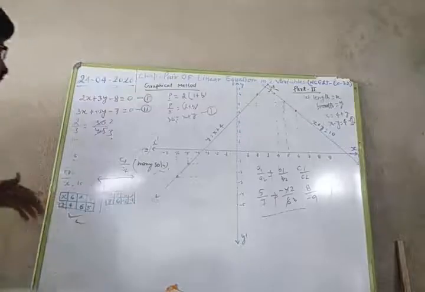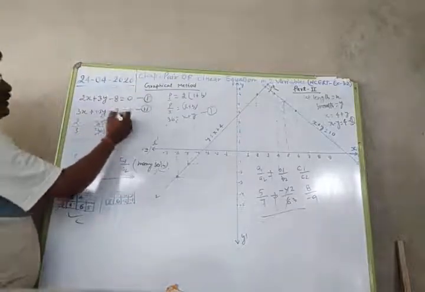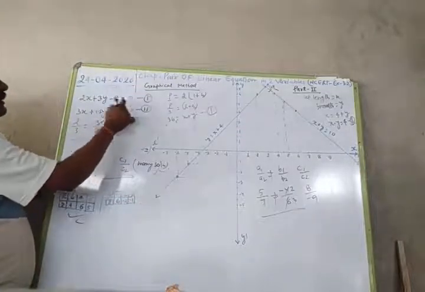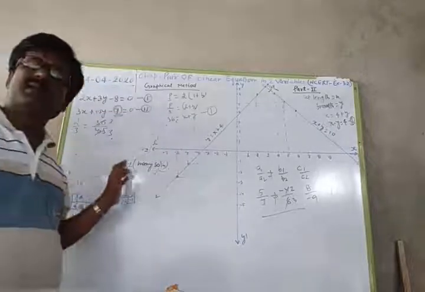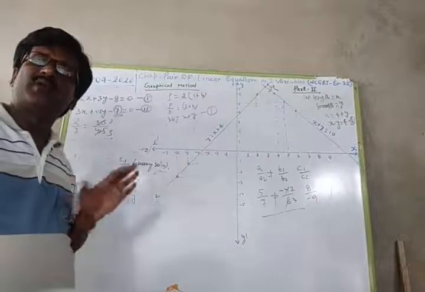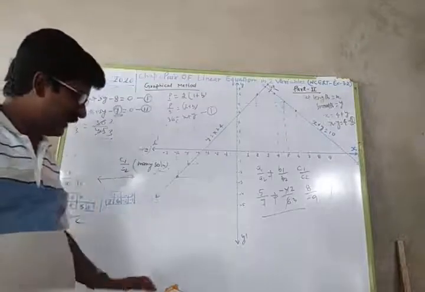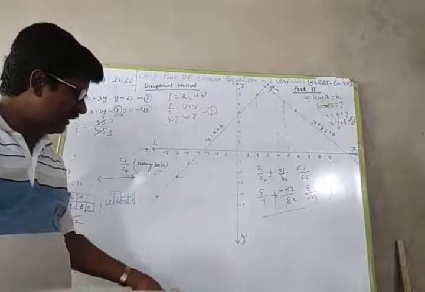Okay. And when their ratio, we have to write here such a number that this must be equal to 2 by 3. Then we can say this system of equations will have coincident lines. Okay.